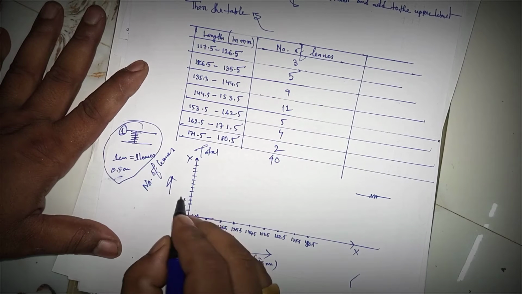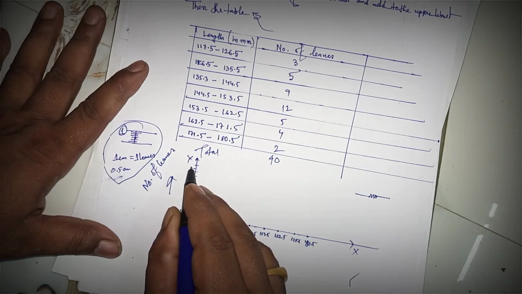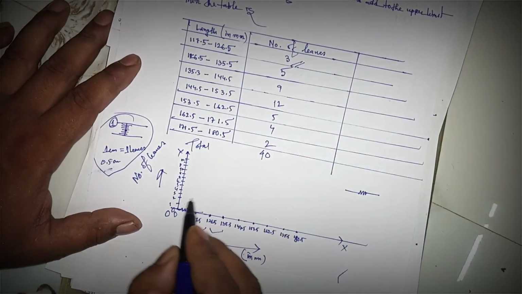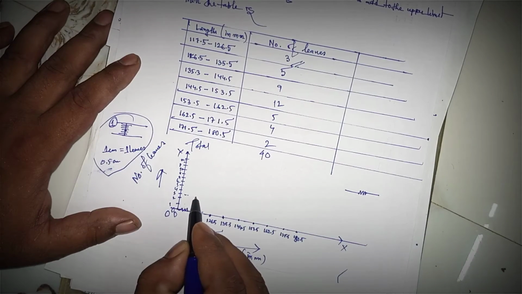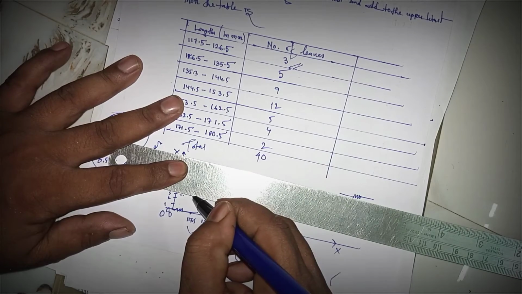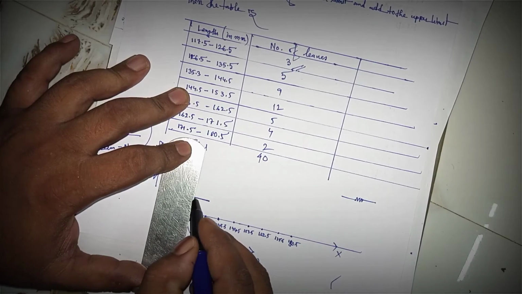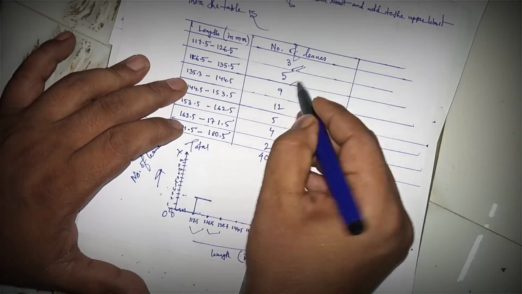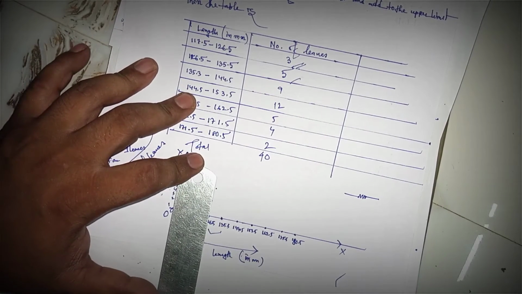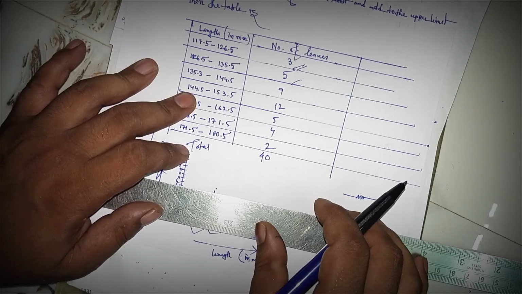So here I'm not talking about how to take the scales: 7, 8, 9, 10, 11, 12. Okay, in this way. So first value up to how much? 3. So 3 here. In graph paper there are already some lines. So first value up to here. Okay, second value up to 5, that means up to here. So 5.